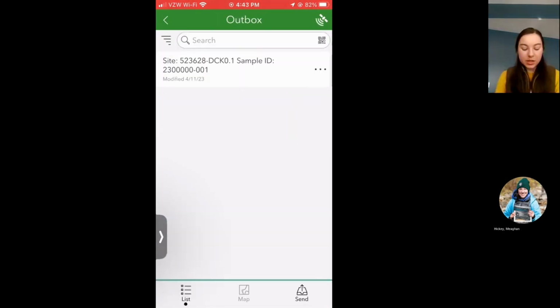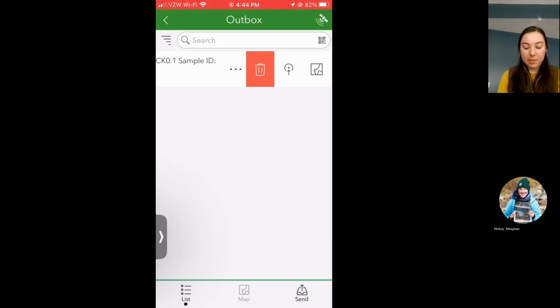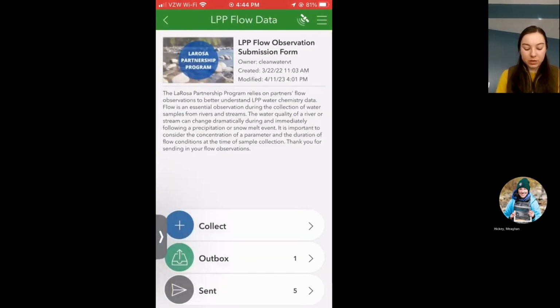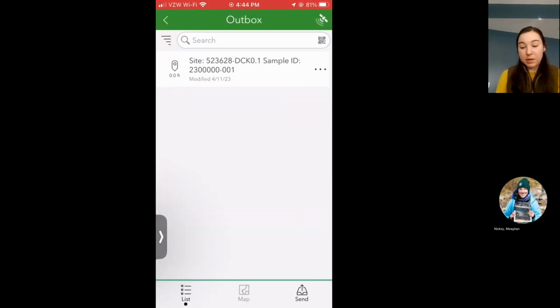If you click on that, you'll see that all of the flow observation forms that I have saved in the outbox are sitting there listed with the site name and the sample ID. You can also click on the three dots on the right, and if you click on the map icon all the way on the right, it'll actually show you the GPS location of that site as well. So if we go back to the outbox, and again, if you